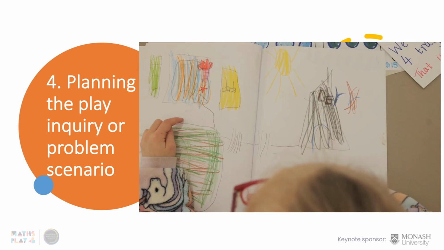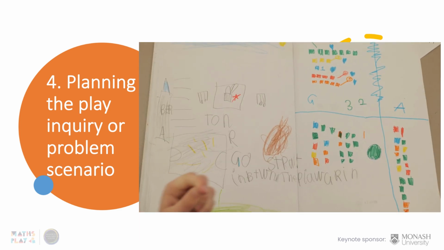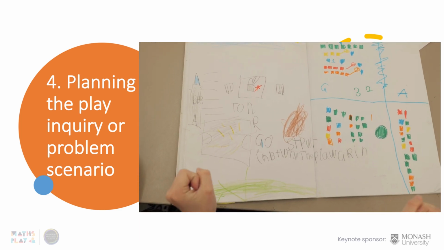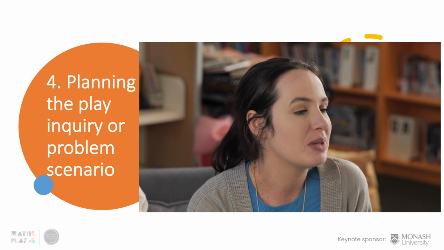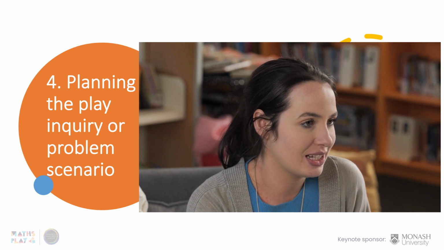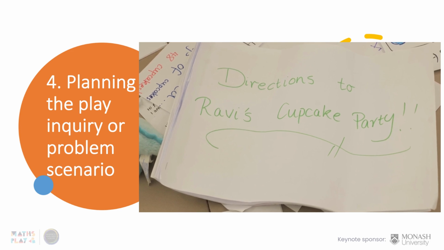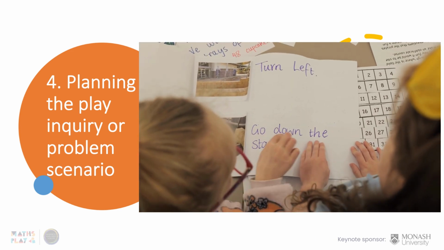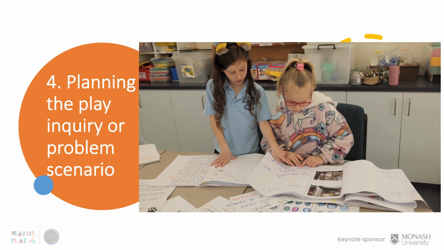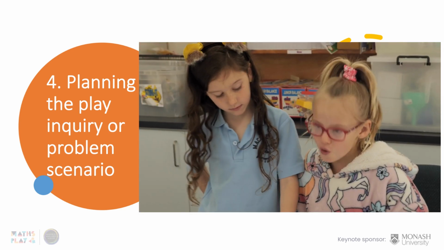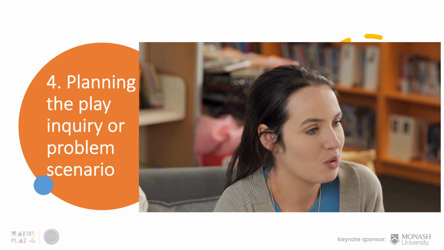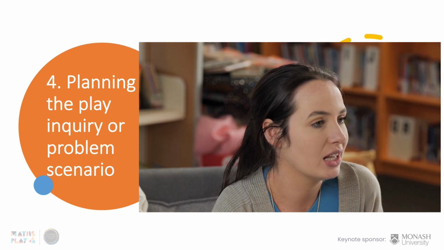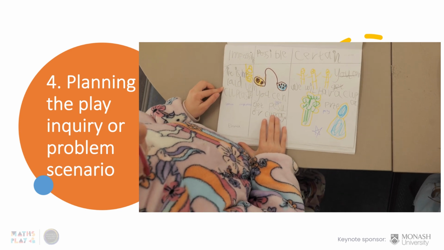map. And then that's when I came in as Rebecca, the Google Maps expert, and I spoke to them about how we need to use particular language so that guests can actually arrive somewhere. Turn left. Well done. Go down the stairs. Walk. Well done. Forward. So then we looked into the language of least likely, most likely, impossible, and certain.